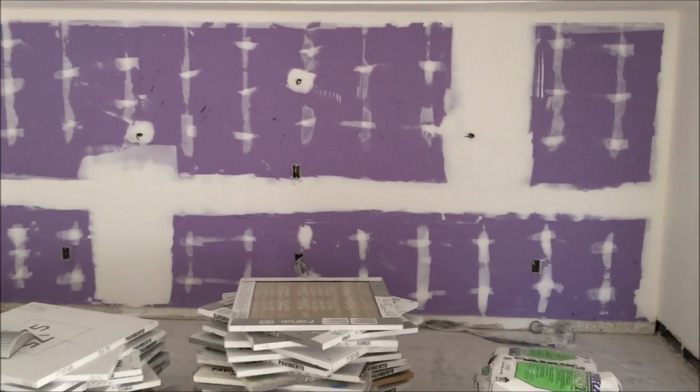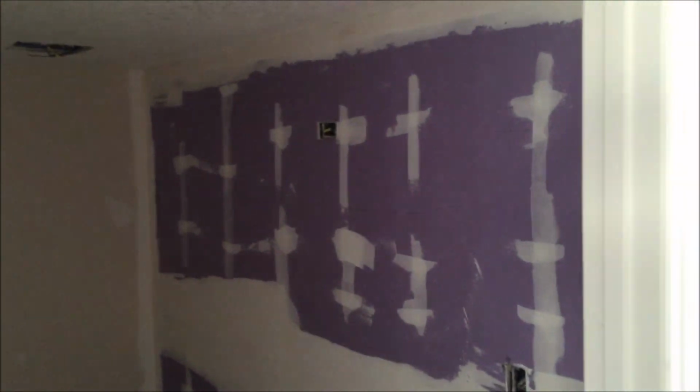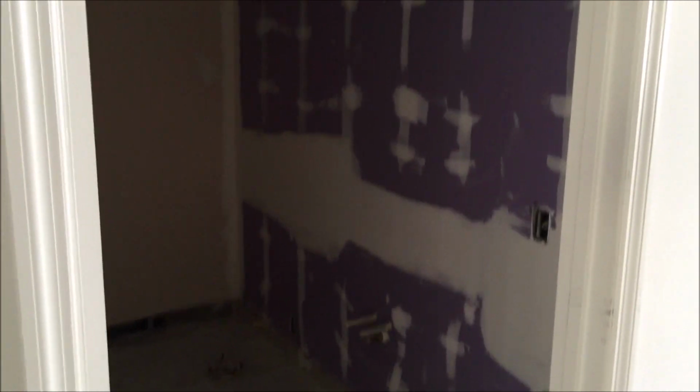So we wanted to eliminate some of the noise, again, going over to the neighbors. And that will definitely do it with the sound break and green glue combination. A lot of times these condos have some loud plumbing from the common plumbing going through the walls. This bathroom has some going through its walls, so we put some sound break in there to eliminate that as